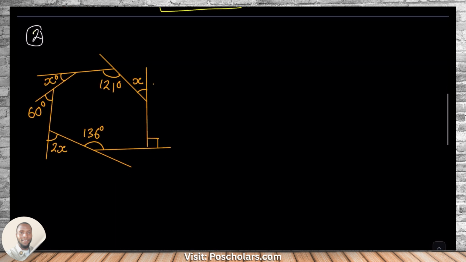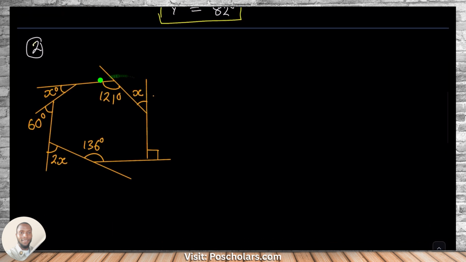So I've represented the diagram here. This is the exact diagram. So we need to find the value of x, right? And 2x. So this is the focus. X, this part, and 2x. Now, looking at this diagram again, one thing you would love to do is to first of all fill up